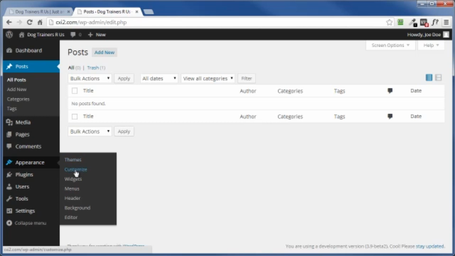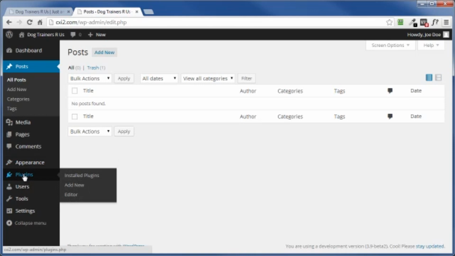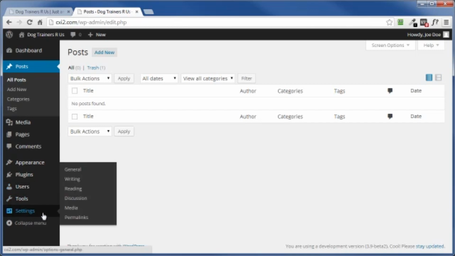Along with that, you have access to various widgets, menus, header, background, and editor. Plugins adds a ton of additional functionality to your WordPress site. Users, that's where you can go in and add additional users or access current users or even access and edit your own profile. Tools, and under settings, a lot of cool stuff in here, but that's the makings of a